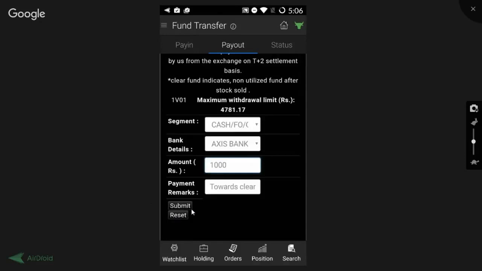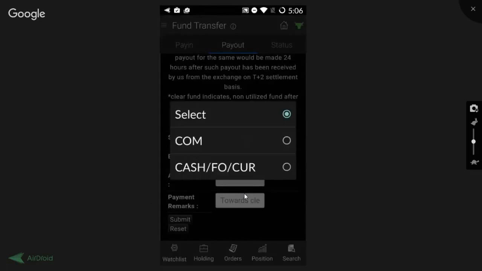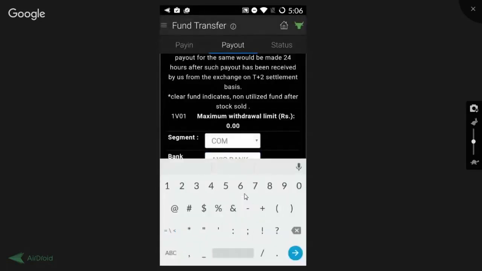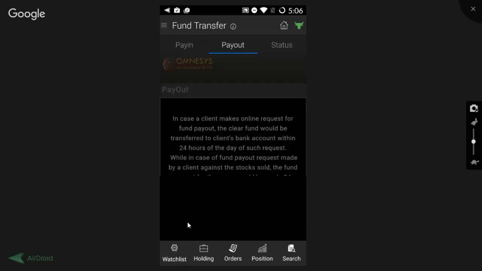If we click on reset, all the values that we had entered would be reset and we can enter them again. And if we click on submit, it would be submitted and the alert message would be given.